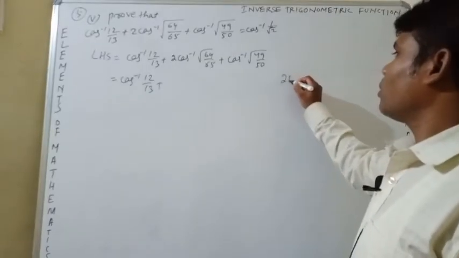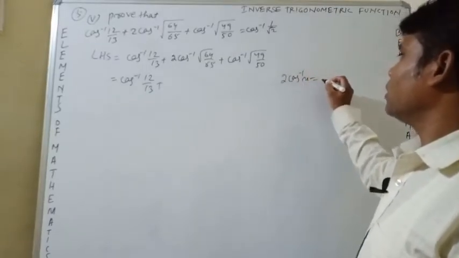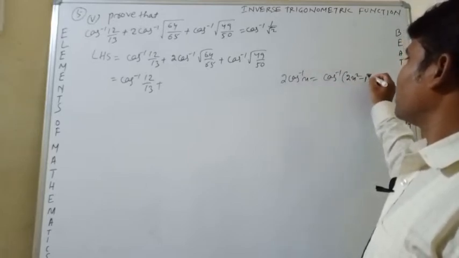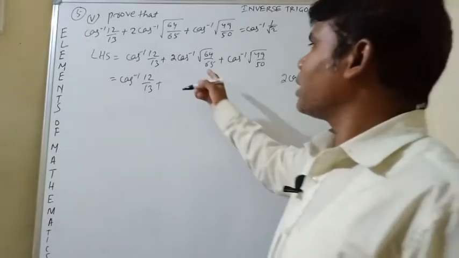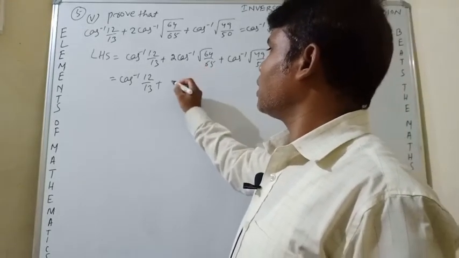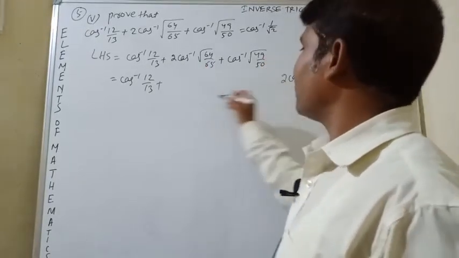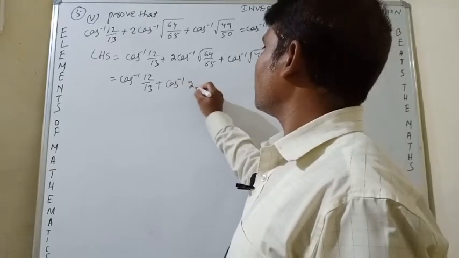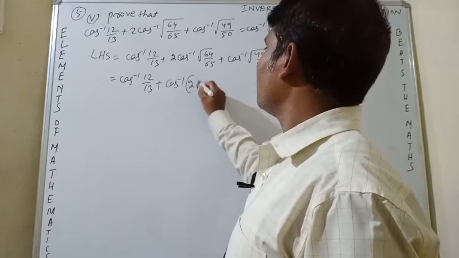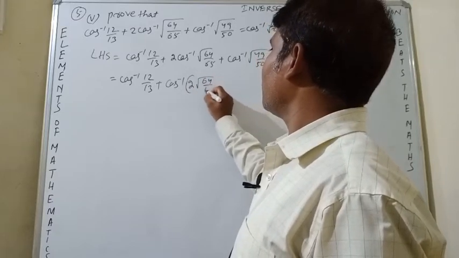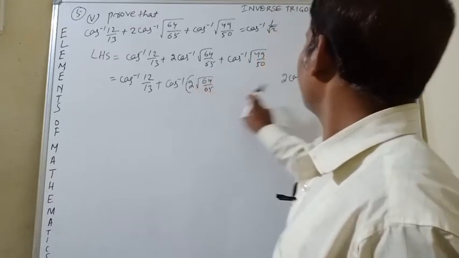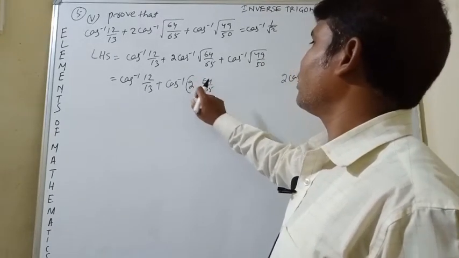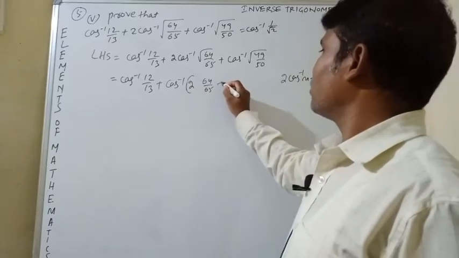This is the formula: 2 cos inverse x is equal to cos inverse (2x square minus 1). So here x is equal to root over 64/65. That means you can write cos inverse 2x square, that is 2 into (root over 64/65) square. Square means only 64/65, not root. Okay, minus 1